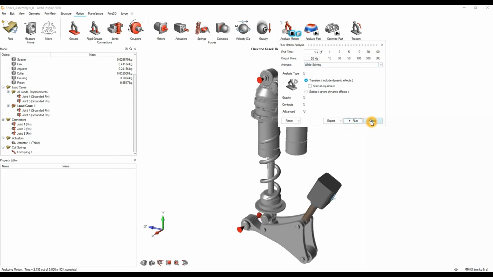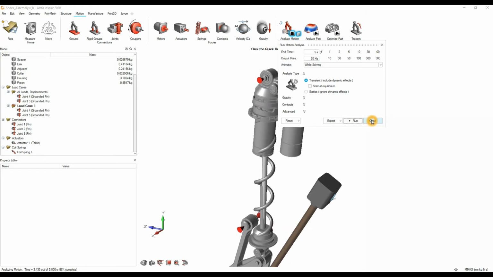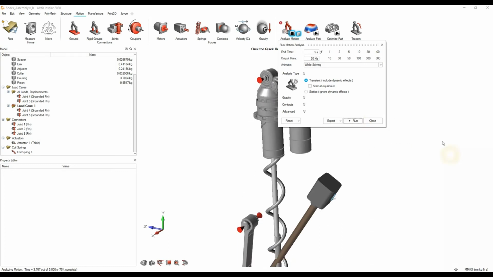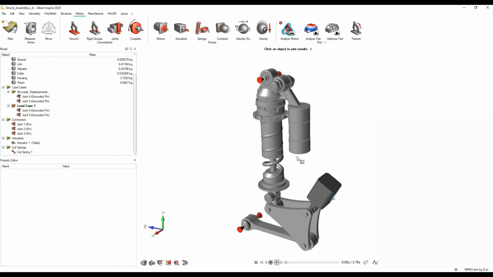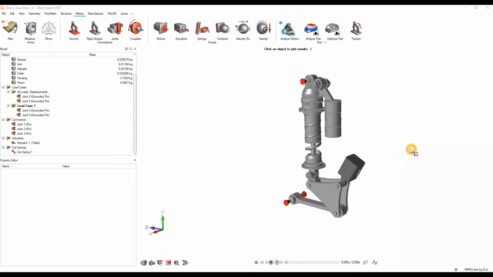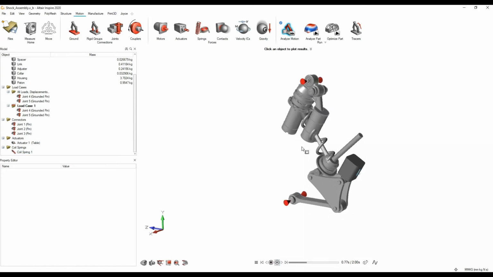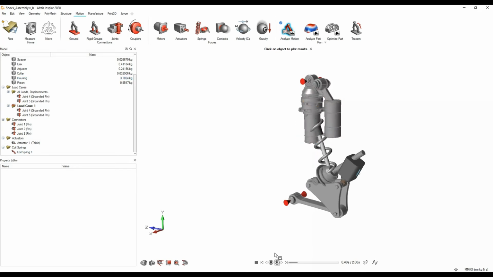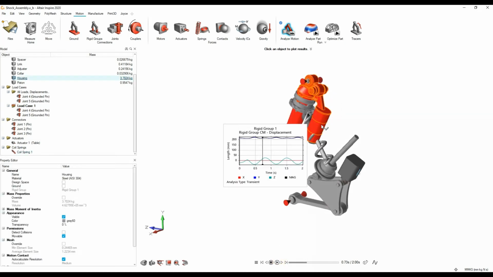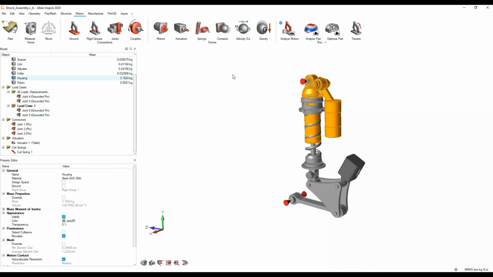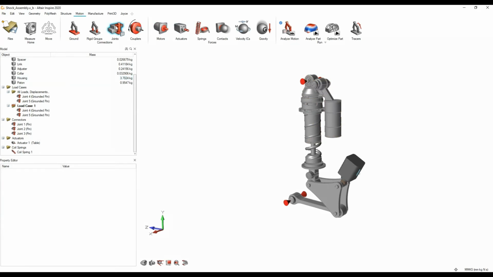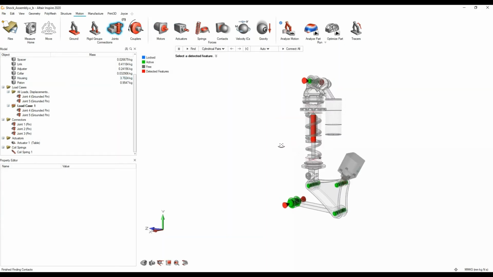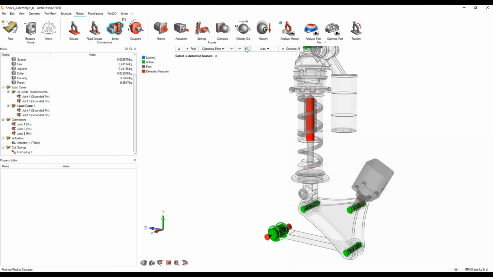So from here you can see exactly what's been dictated, and obviously any sort of issues that come about we'll implement here. As you can see if we play this again, my issue here obviously comes about because there hasn't been a connection between my piston and the actual housing itself. So what we're going to do is head back into joints, and I've realised that I have left off a cylindrical pairing. So make sure you toggle onto cylindrical pairs,